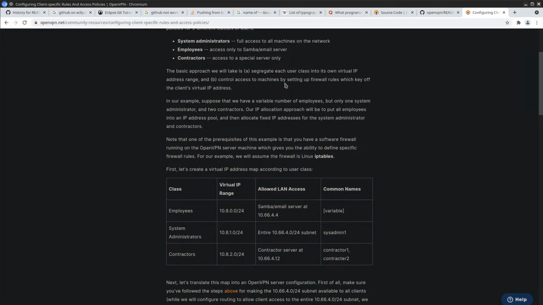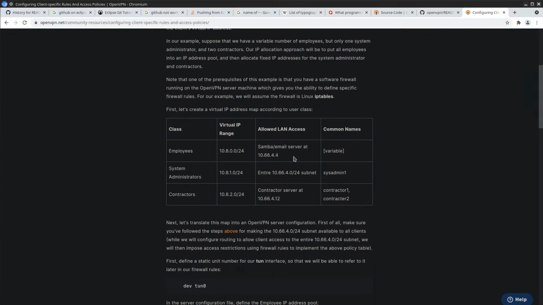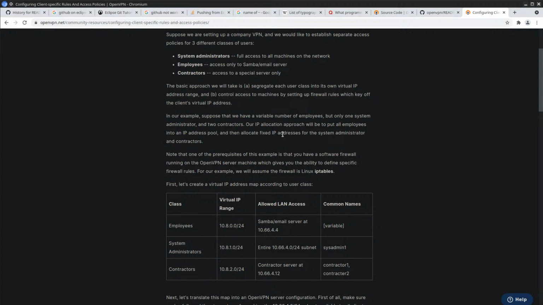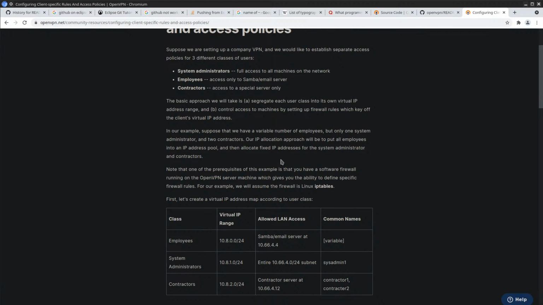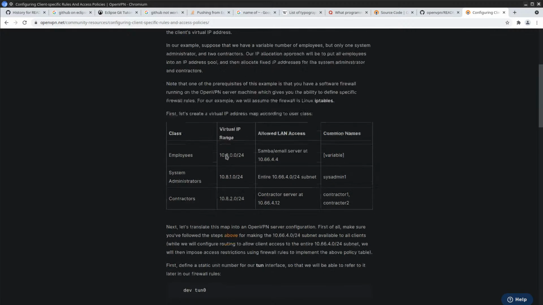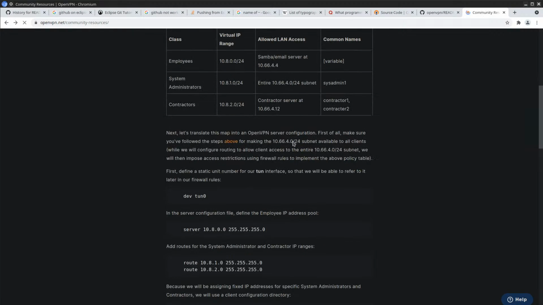Control access to the machines with firewall rules, which key on the client virtual IP address. Okay, but this is not really related to OpenVPN, so setting up IP addresses and so on. Well, I guess this wasn't good.